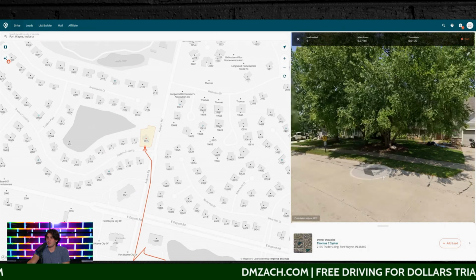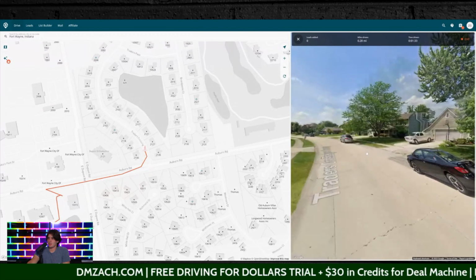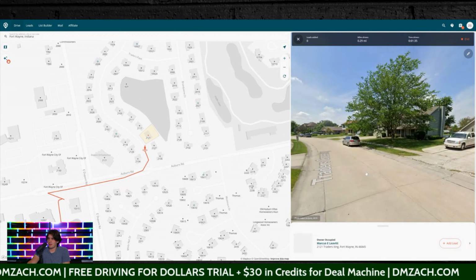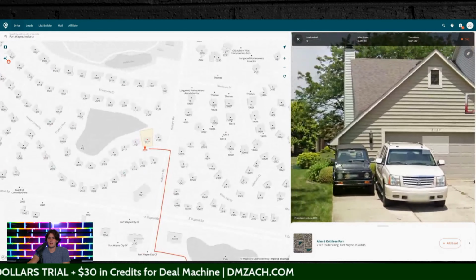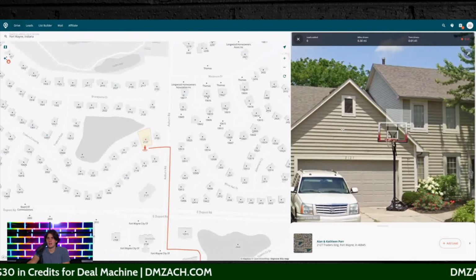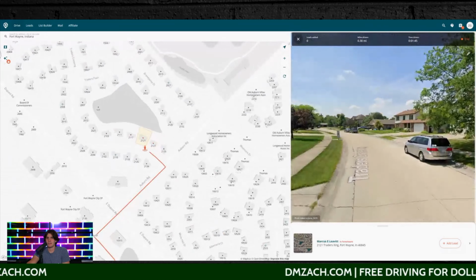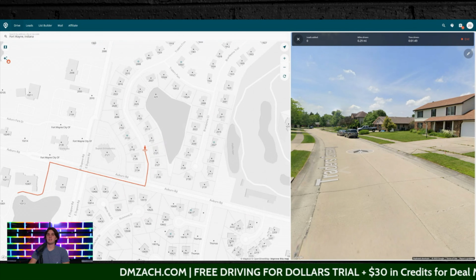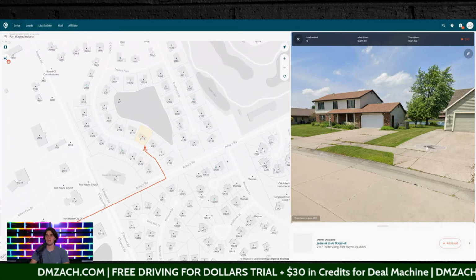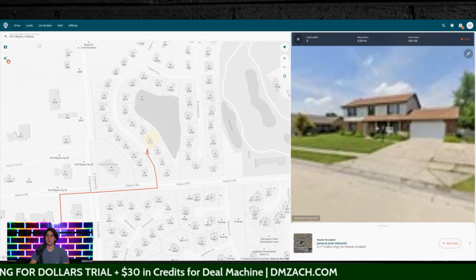Now I'm around here. These are 2019 homes, so actually not bad at all. And what we're going to do is just look right here. If I'm driving around here, I'm kind of looking at this house right here. Not too bad. Not really too much distress right here, but keep going. And this is basically all we're doing. We see some weeds up here, but nothing too bad. But if I wanted to add this one on here, if I see a distressed property, all I'm going to do is